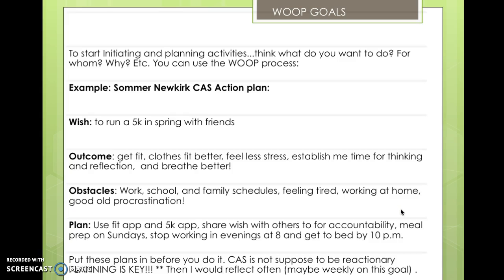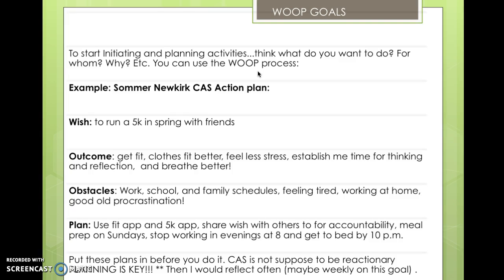Okay, so when you're goal setting, when you're going to put something into Managed Back, it's really, really important that there is initiation on your behalf and pre-planning. They want you to have an action plan, have some goals. So there is a process called WOOP, and I did not create this, by the way, but I'm using it from a positive psychologist who actually came up with it.